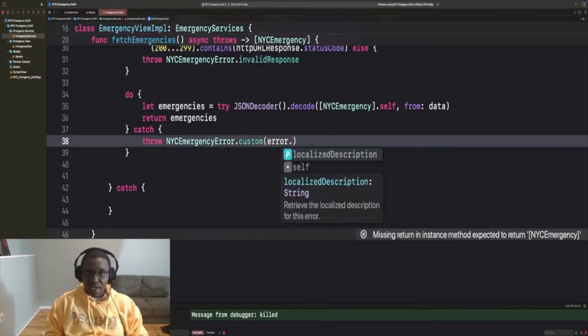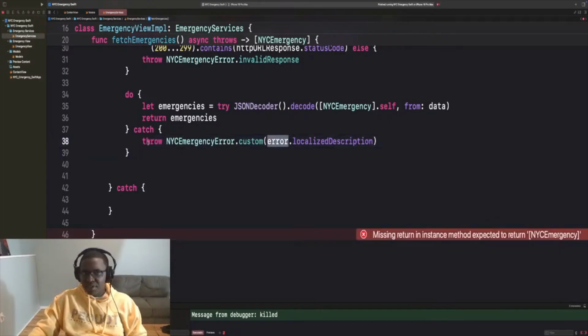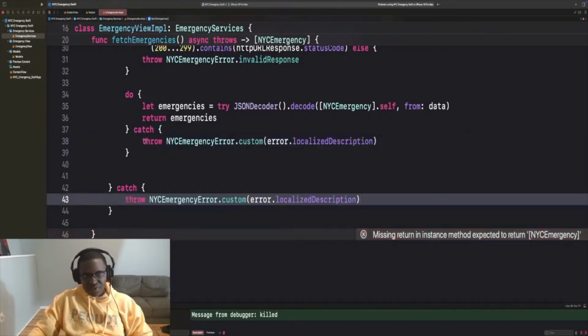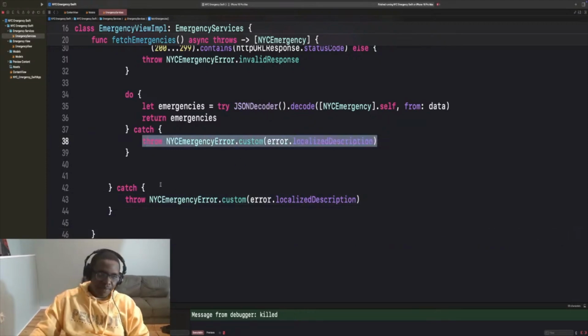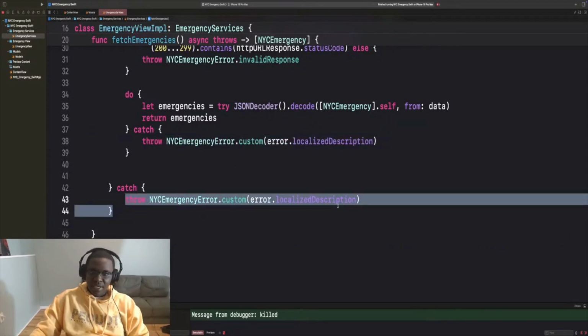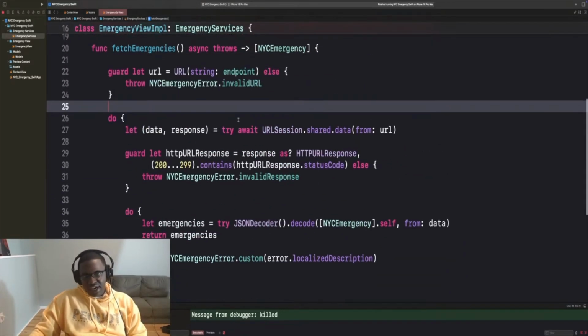Then we're going to use the error that we get from every catch block. I didn't create this type, it's just provided to us inside a catch block. And I'm going to use this one again in my other catch block. So we have a catch block that will catch if we get decode errors, and we have another one that's set up to catch other types of errors that might occur. So now basically we have our